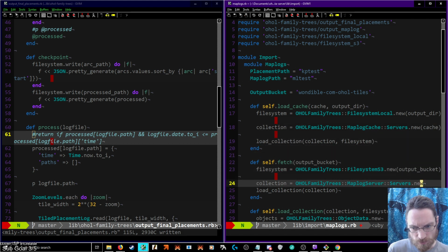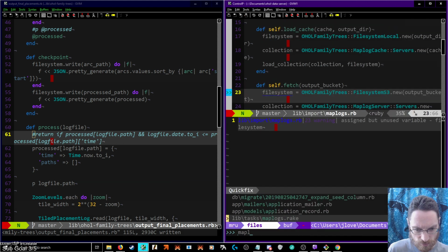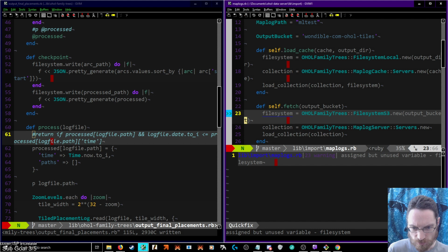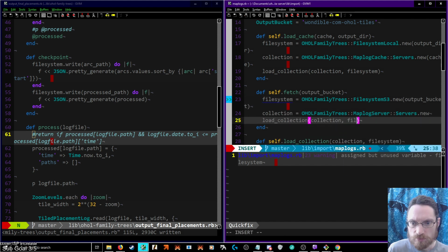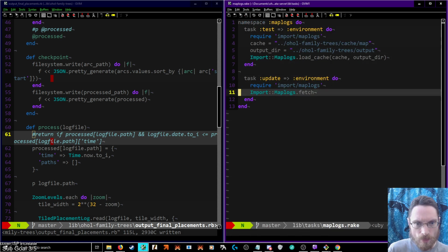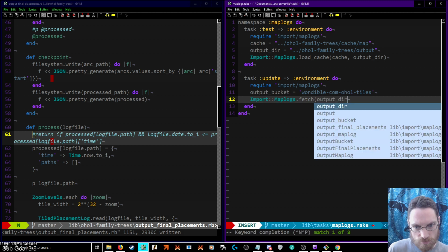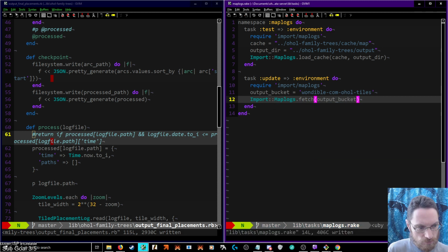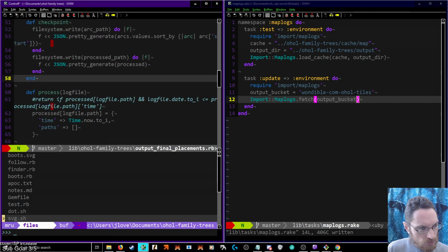Yeah, maplog cache, maplog server, file system S3 output bucket. Assigned but unused variable. For consistency, so just to make,